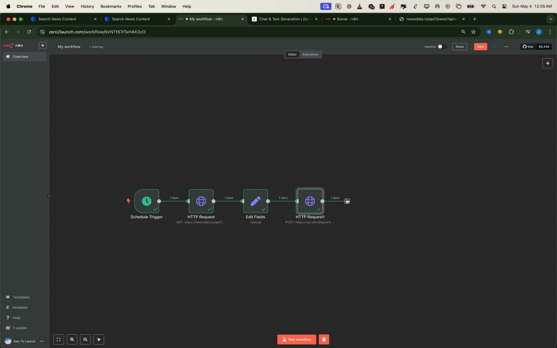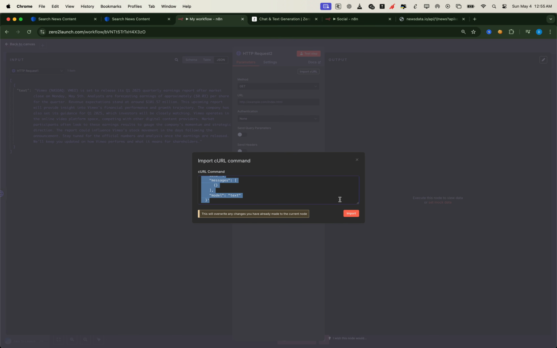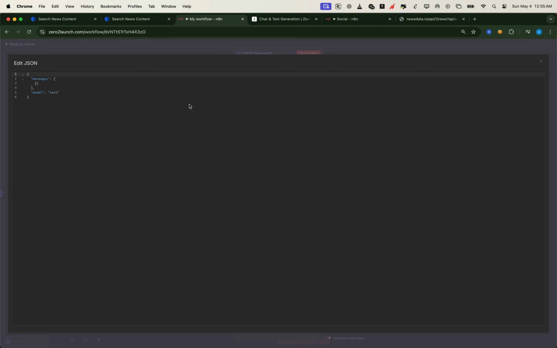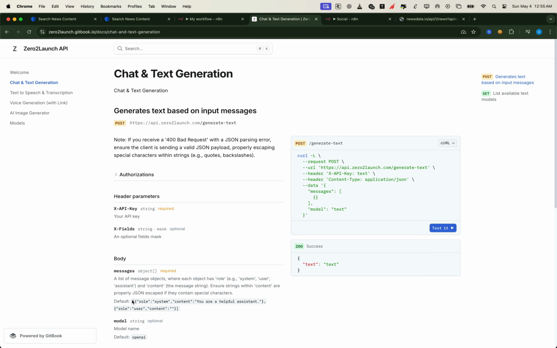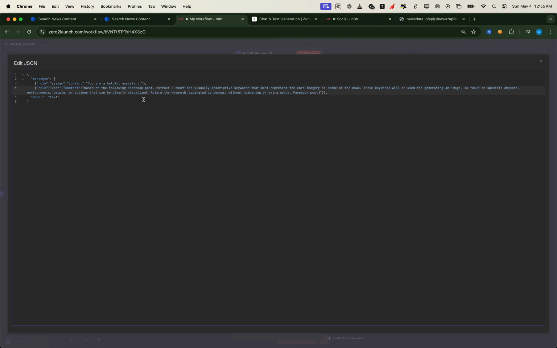Let's drag in a new HTTP request node. Just like before, we'll copy the curl command for the text generation API from the Zero2Launch docs. Paste it into the node's curl importer to quickly fill in the structure. Now tweak the prompt. Keep the default system role if you'd like, or update it. Then in the user message, tell the model something like, from the text below, extract 5 visually descriptive keywords suitable